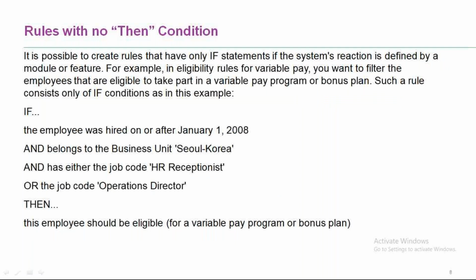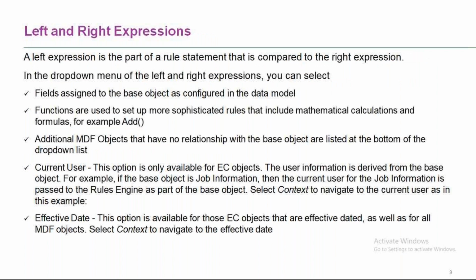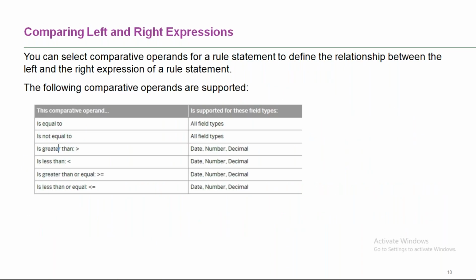Rules can also have no then condition, like in compensation. Every time I want to select some users: if employee type is equal to regular, then all the employees are eligible. So you just have to select the if condition. If employee class is this, you just leave it like that and add this to the compensation. This is generally used in compensation modules. Wherever you want to define eligibility, you just select the if condition without then. Okay, we'll see this in the system now.